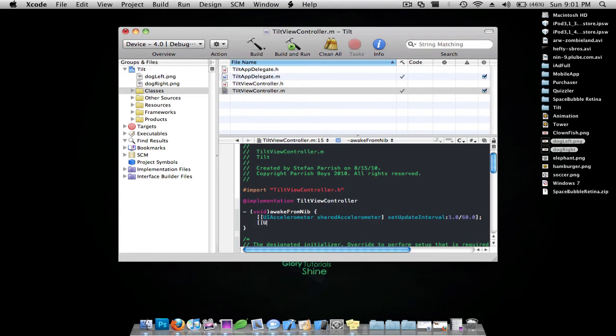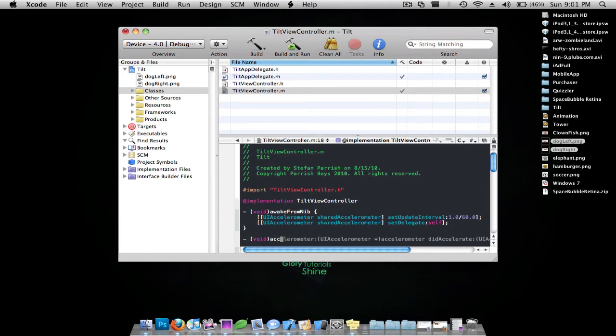Bracket, bracket, UIAccelerometer sharedAccelerometer, bracket, setDelegate to self, bracket, semicolon, and then after the second curly bracket, enter twice and do - (void), start typing